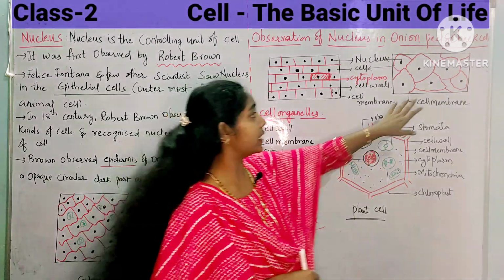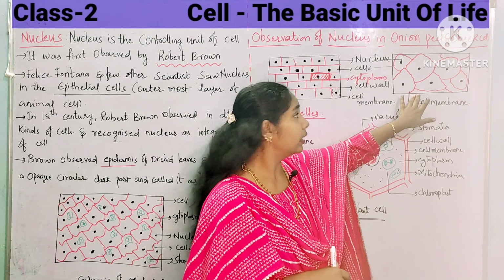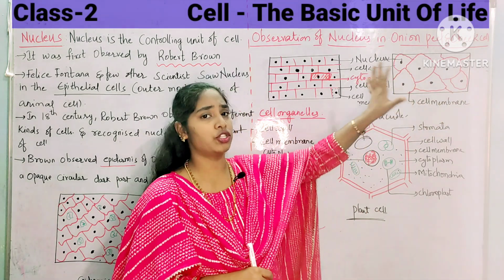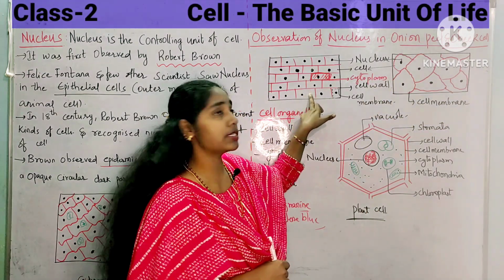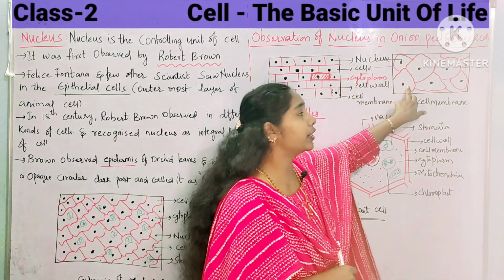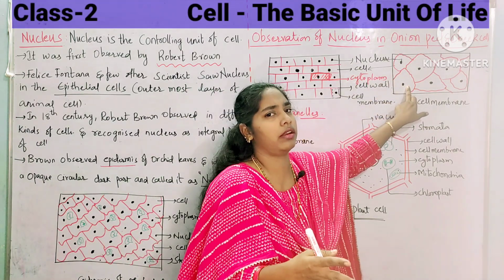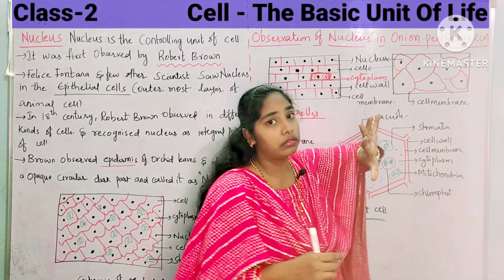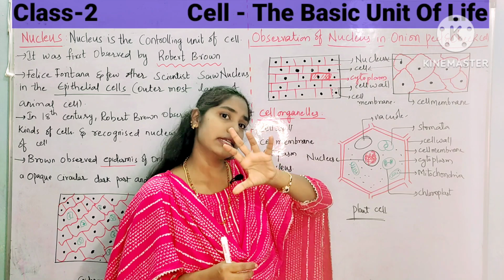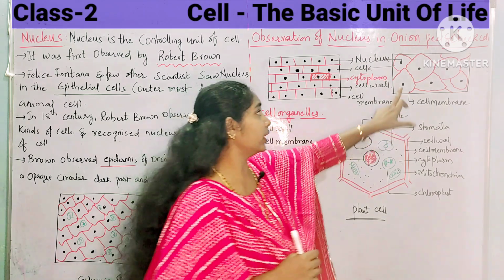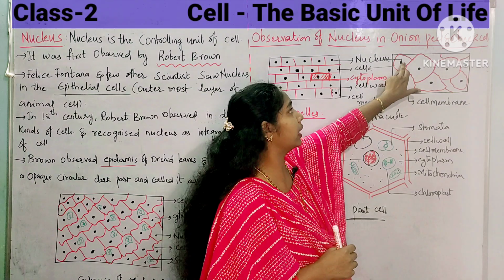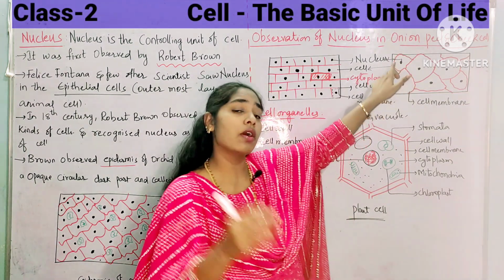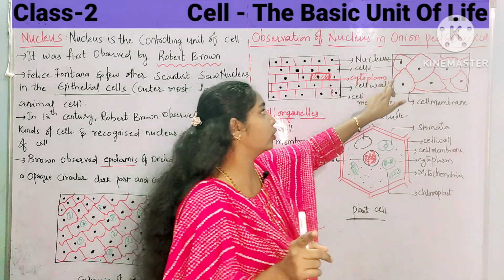Then you will observe the cells are like this. If you observe, it is the same thing, but the only difference is the shape. Here you can see rectangular cells, but here you can find the cells are irregular in shape. There will be no particular shape for it, irregular. But the similarity is that the cell contains a nucleus. Imagine that this is a cell, this cell contains a nucleus, and there is a jelly-like substance surrounding the nucleus, and we call that cytoplasm.